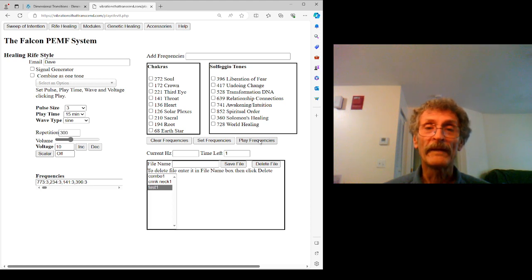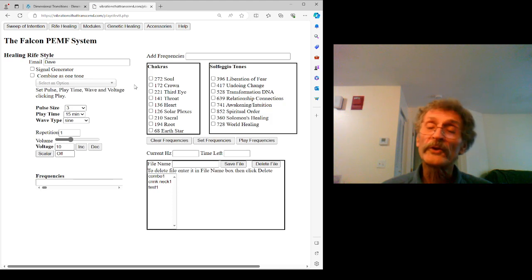So you hit play, and you'll see the 15-minute time is set, and the values are changing every 3 seconds, and it's going to keep on doing the same thing as what we did when we chose the database. Okay. Now I'm going to stop that, and I'm going to show you one other function here.